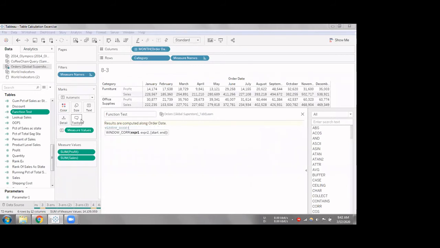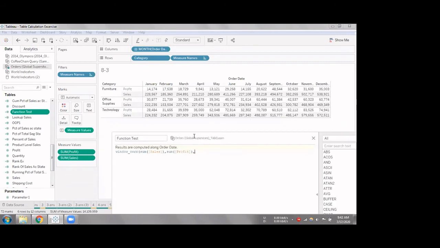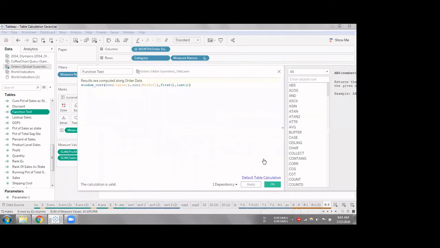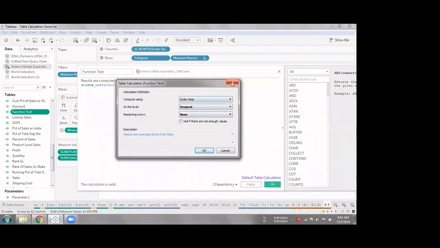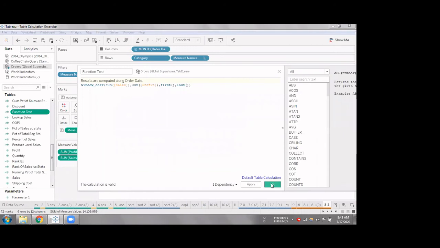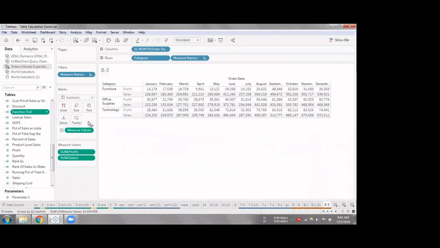My first expression is sum of sales, the second expression is profit, and for the time being, let's take the entire scope. That means by default I can leave the start and end without any values. And I'll set across the order date. I'll click OK, and I'll pull this value here.